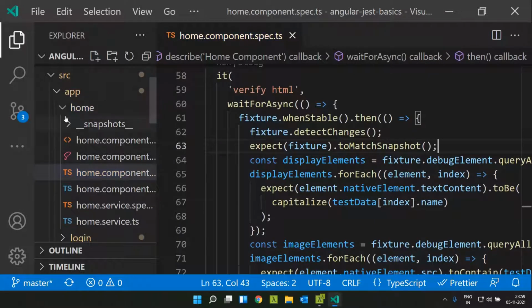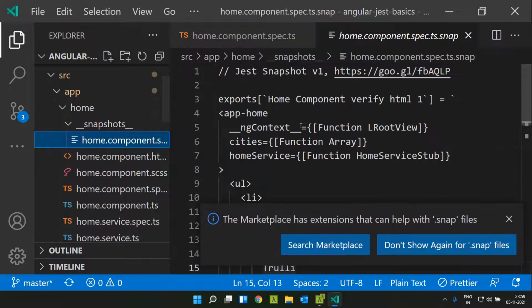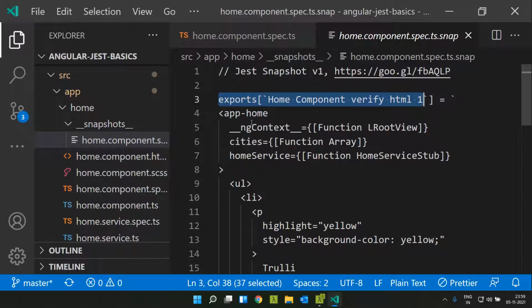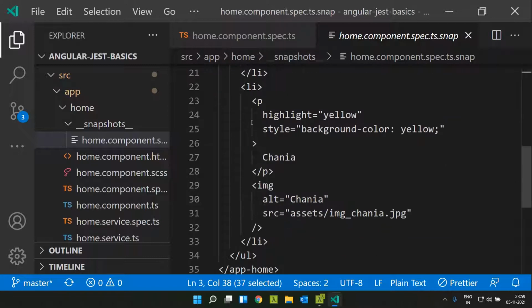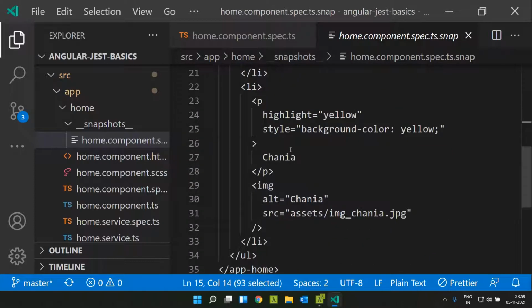If we go to our home, you can see that a folder called snapshot has been created, and within that the snapshot of our home component has been created. This is the description of the home component, and here you can see the HTML of our home component, displaying the p tag, the img tag, everything.